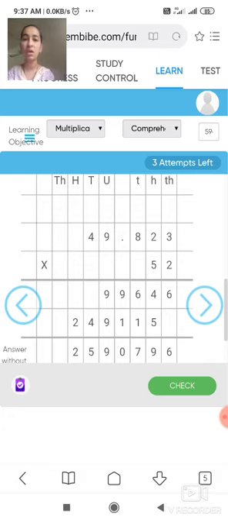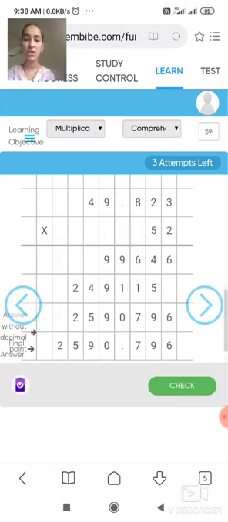Okay, after the first operation is done, now we have to multiply this by 5. 5 3s are 15, 1 will be carry over, 5 2s are 10, 10 plus 1 is 11, 1 is there, then again 1 carry over, then 5 8s are 40, 40 plus 1 is 41, 1 is here, 4 will be carry forward, then 5 9s are, then 5 4s are. You have to do the simple multiplication, and after that take the addition. Okay, now the answer is this one,